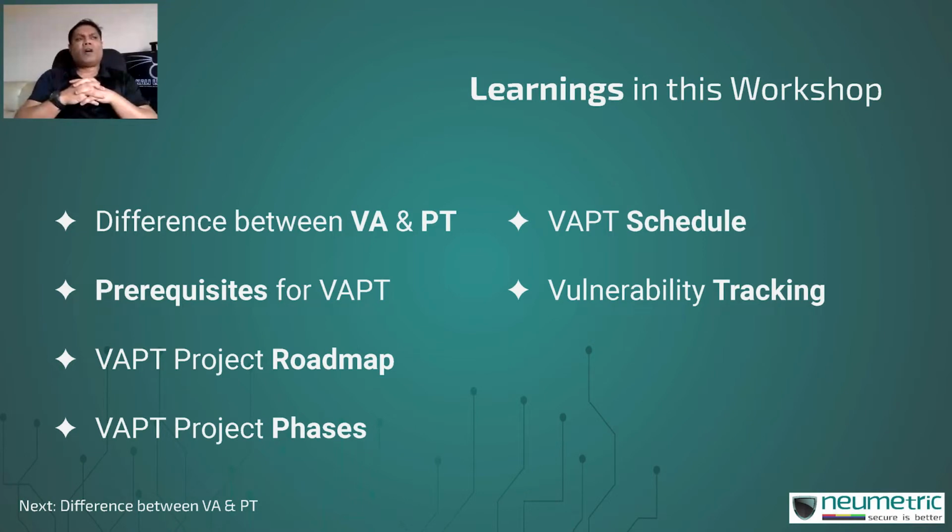We'll be looking at one important aspect that is usually overlooked and probably not given the necessary attention, which is that VAPT is not a one-time exercise. We will look at how and why VAPT should be a regular exercise. And then finally, we will be looking at how you track vulnerabilities till they close, because just finding vulnerabilities or weaknesses in your system is not enough. You need to ensure that they are tracked till closure. Otherwise, you're effectively keeping your IT asset open to being attacked.